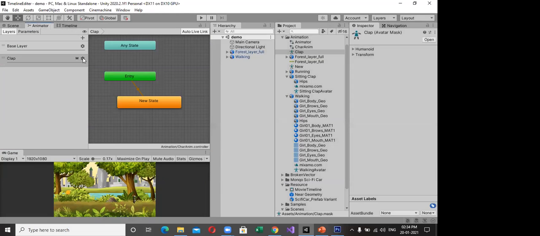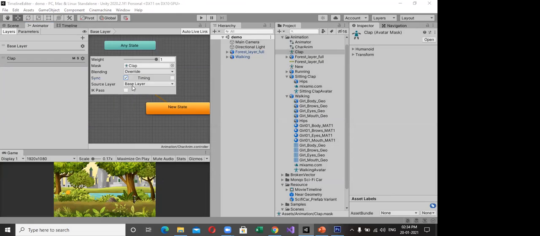In your animator, for the medium clap overlay, synchronize the synchronized layer with the base layer. Now we'll play it.